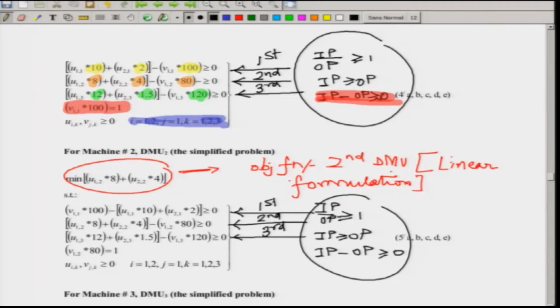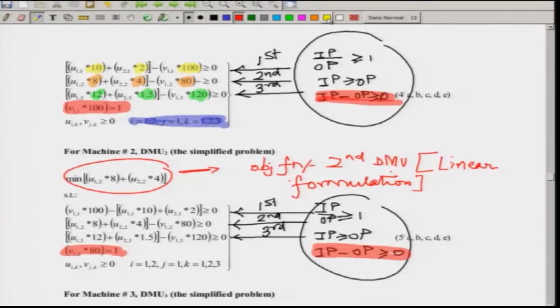And the last constraint, which I will mark by red color, this one is coming from the fact. So, if you see this formulation, they are coming from the fact that I am considering the objective function corresponding to the second DMU being put to or normalized to a factor of 1. And again the corresponding color scheme brings yellow for the first DMU,